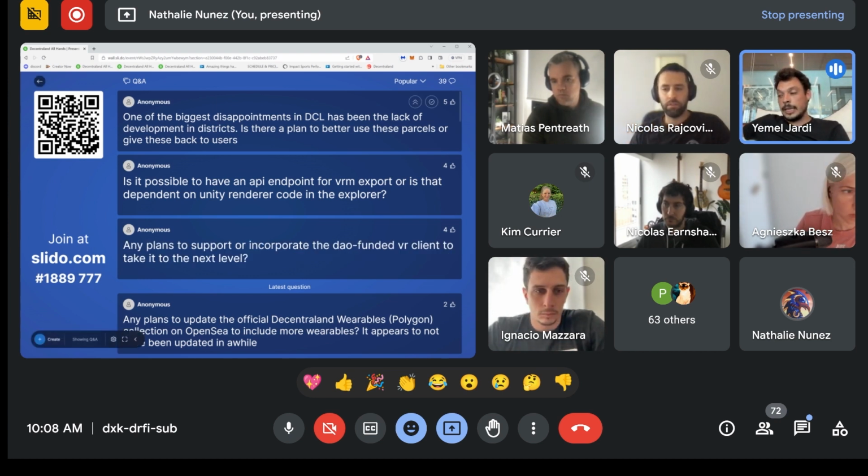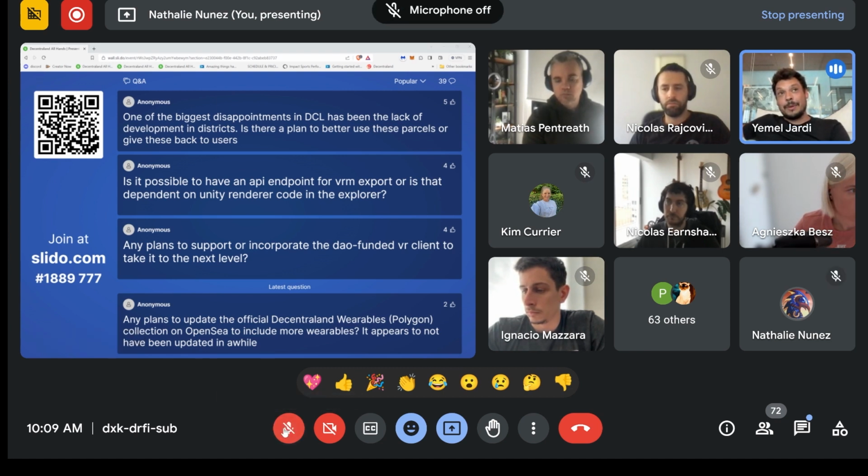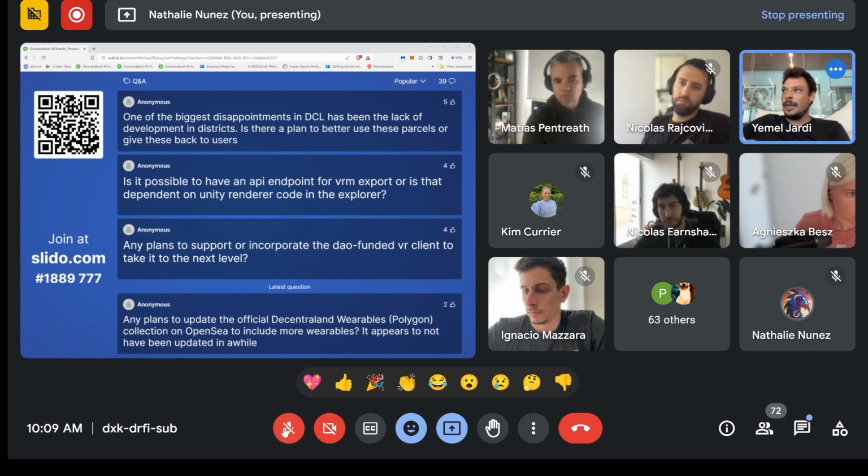But the Decentraland Foundation, we really don't want to be involved or be a referee in those private negotiations. I think the DAO actually has the power to upgrade the smart contract of the land registry and do something there. I remember the last time, maybe 2 years ago, I sent a proposal to the DAO to basically upgrade the smart contract of the land registry to recover land from lost accounts.